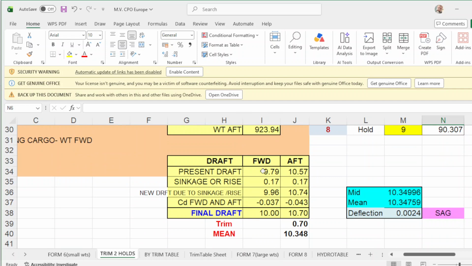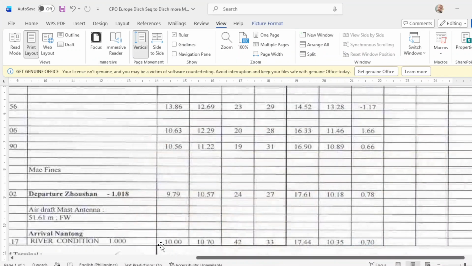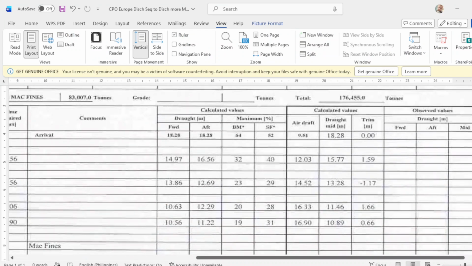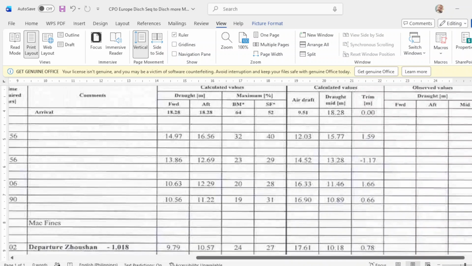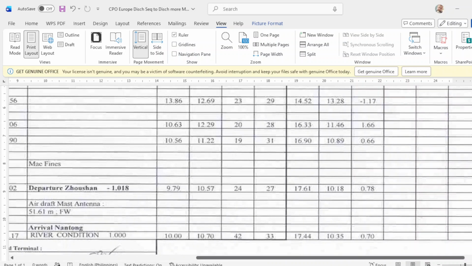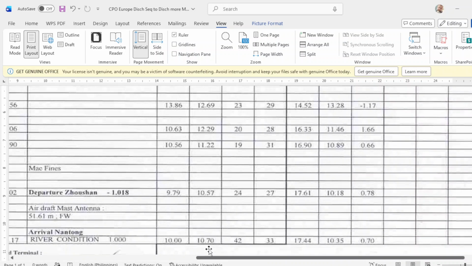Take note that your forward drop will be 10 meters according to your plan. Okay, that's your forward. This will be your forward drop. Okay, and the up drop will be how much? 10.70.